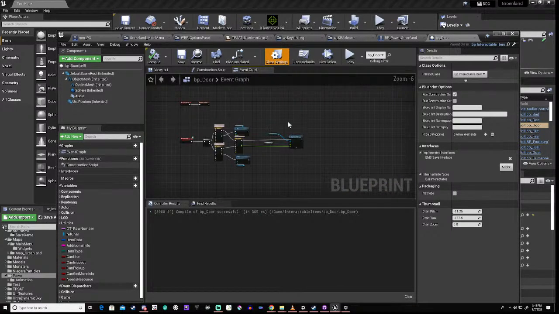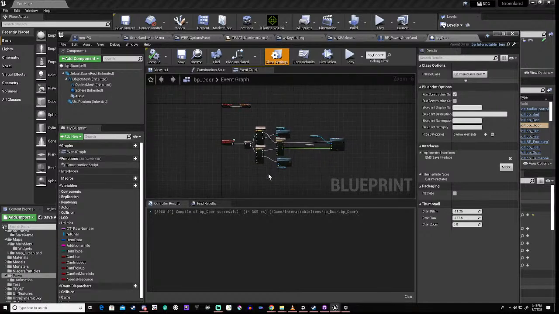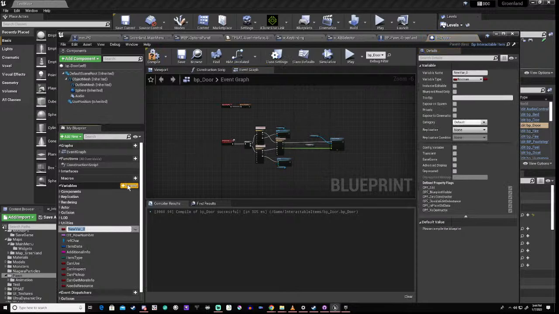So we're going to have to do something about this. When we load that in, we're going to have to be able to tell whether it's open or closed. Okay? So basically, what we're going to do is we're going to say open